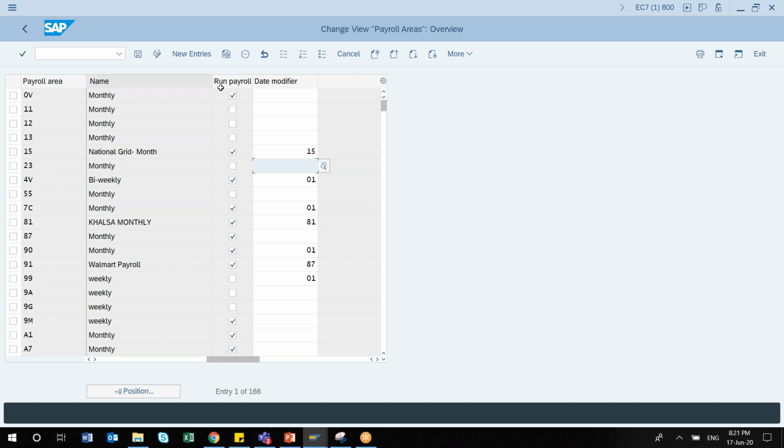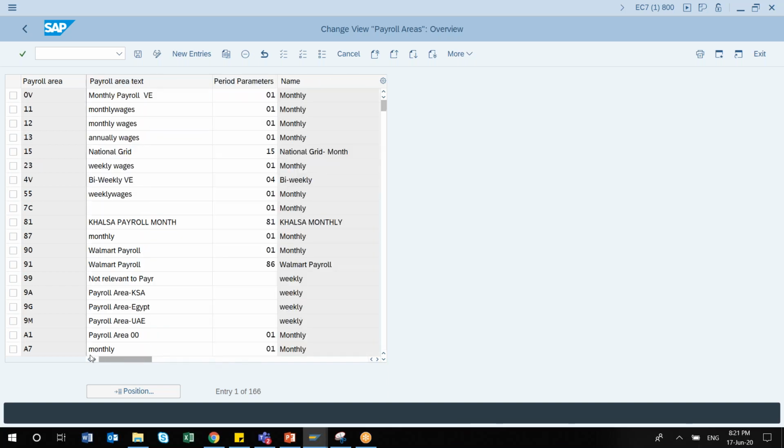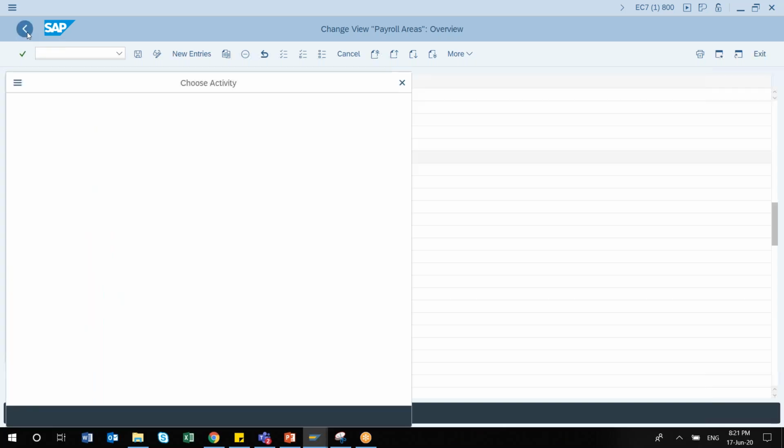Suppose it's a monthly payroll, the run payroll flag means that it is an active payroll area and you can run payroll for it. You can also experiment with a payroll area which is not flagged for run payroll, to see whether you are able to run the payroll or not. That is an assignment for you to try. So this is the concept of how to align your payroll area to the period parameter and your date modifier.